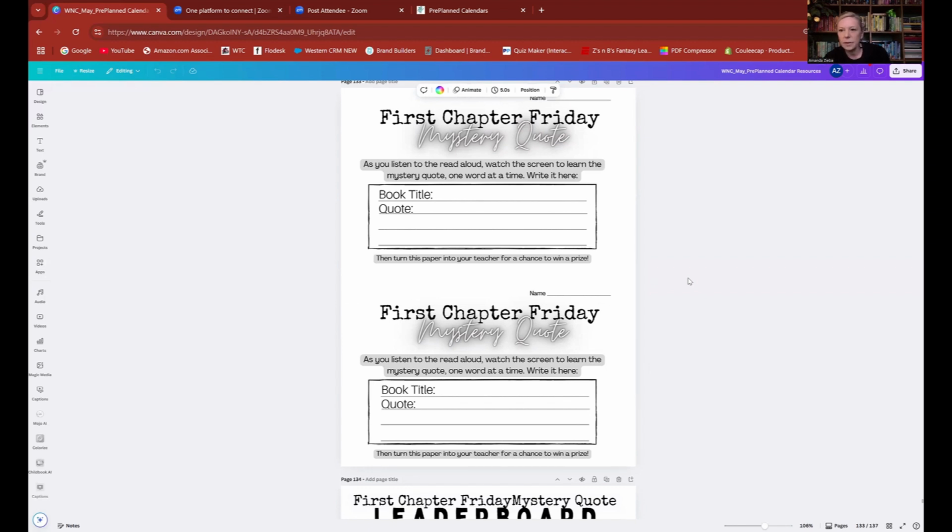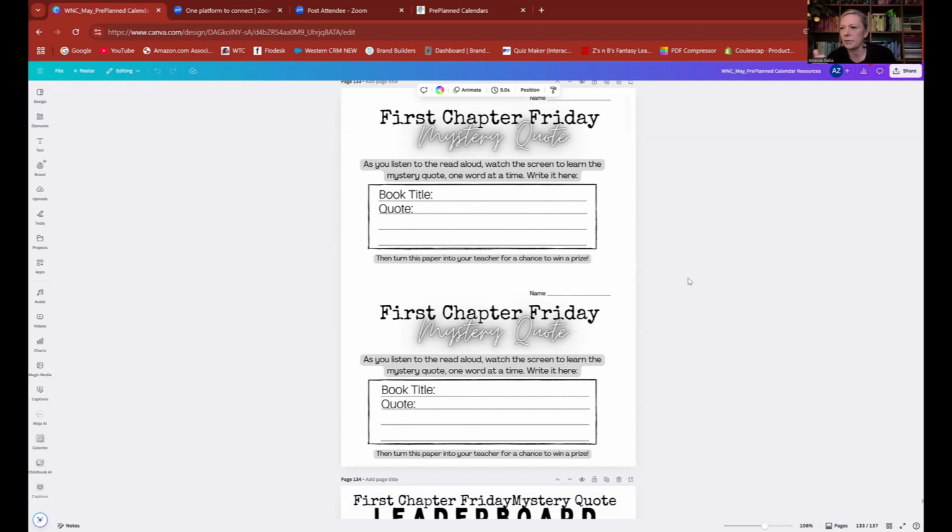Sometimes when teachers do this, they give a prize to each student who turns in the mystery quote. Like, I've used Dum-Dum suckers, but I call them super smart suckers because they're allergy free and they're cheap and they're tiny, and I'm really not rotting their teeth with a piece of candy that's like that big.